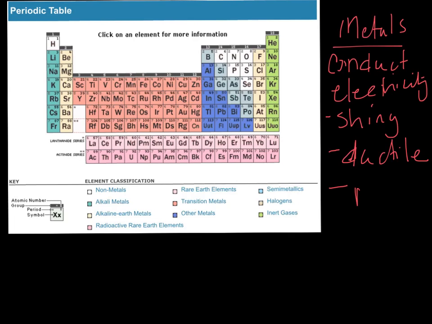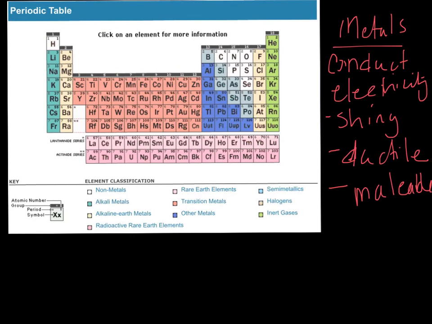And another word we use is we call these malleable. Which just means, like, if I took a hammer, I could kind of pound them into different shapes, which you guys know, you've seen that before. Now, if we talk about our metalloids, so remember, when we talked about our metals, we are talking about